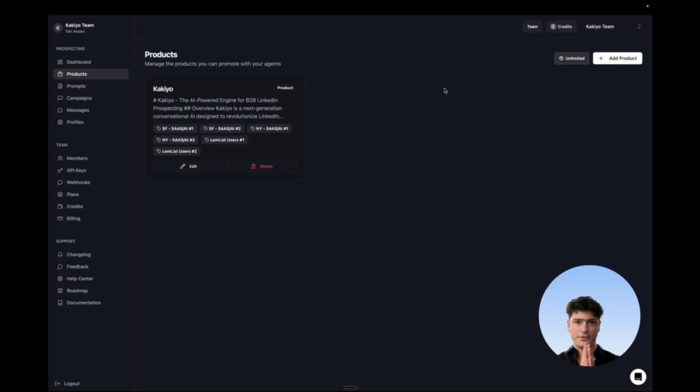Okay. So the first step that you have to follow is to create a product description. What we mean by that is that you have to give the AI information. It's basically knowledge on your product or your service. That way, it's going to make good messages for you. It's going to make good conversations for you when it comes to reaching out to your prospects. And it will be able to answer every question the prospects are asking about specific features or specific things about